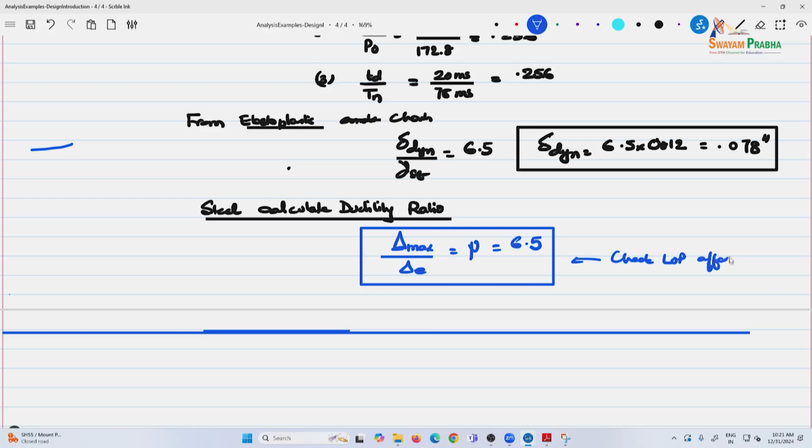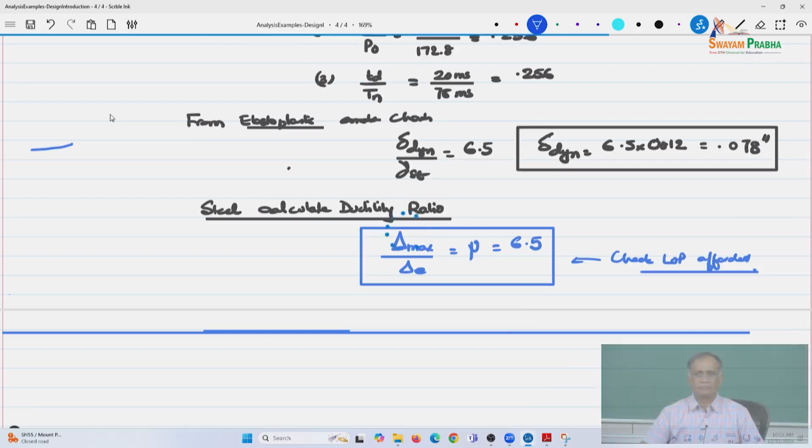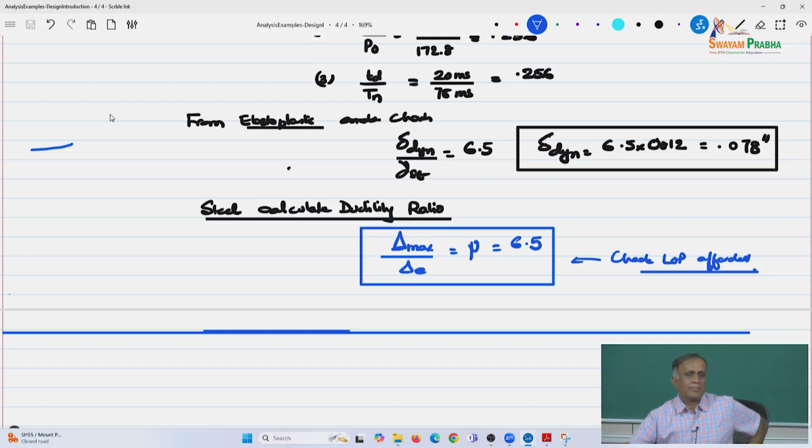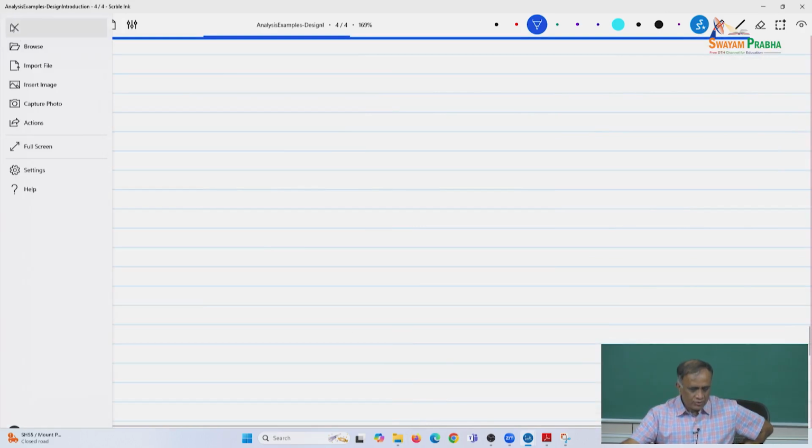So, and then check the LOP offered. We'll look at that in a couple of minutes. So, any questions? I don't know if this is the type of problem you were expecting. The blast pressures here are more petrochemical type, but of course the TD is lower, but it's still. So, the LOP, for example,